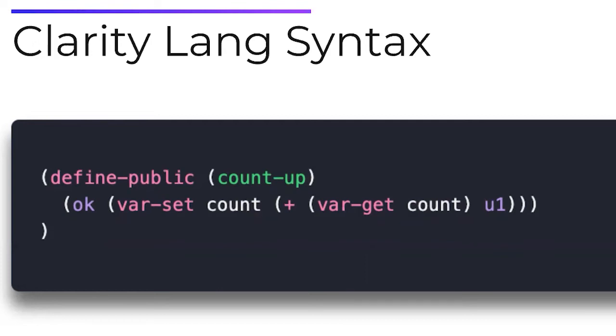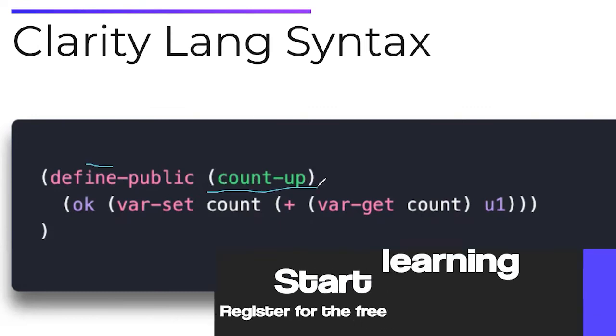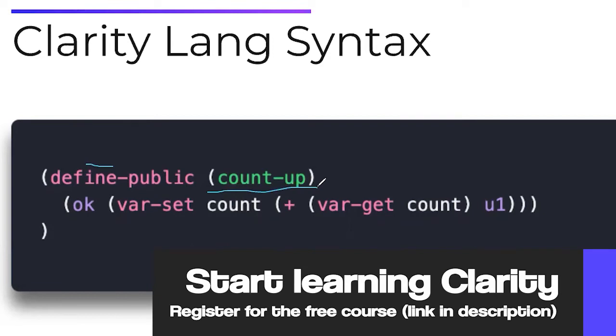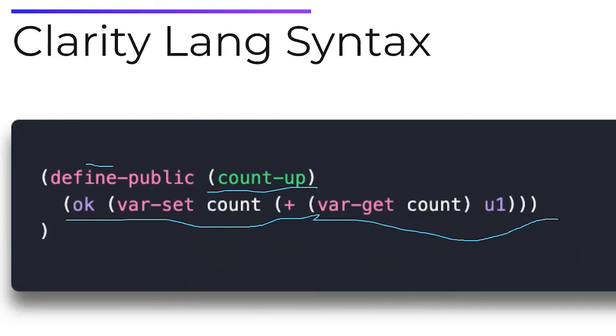Functions are defined in 2 parts. So the first part is the function signature, which includes the function name and any parameters it takes. Hang on, I'm going to try to annotate this, see if maybe that helps. Okay, cool. So the function signature, like I said, takes a function name and any parameters. And then you have your function body,